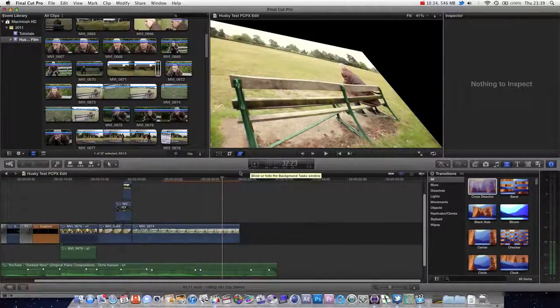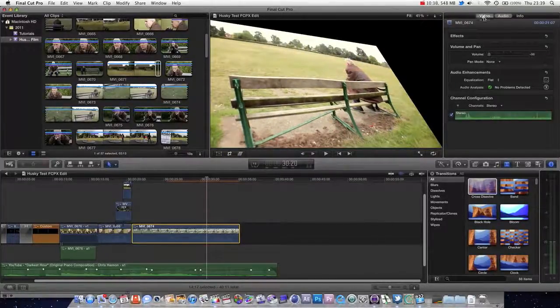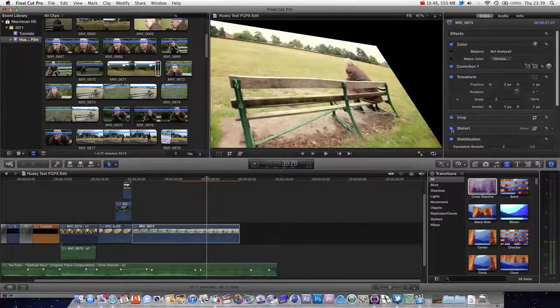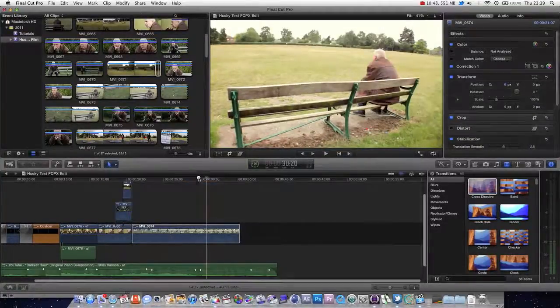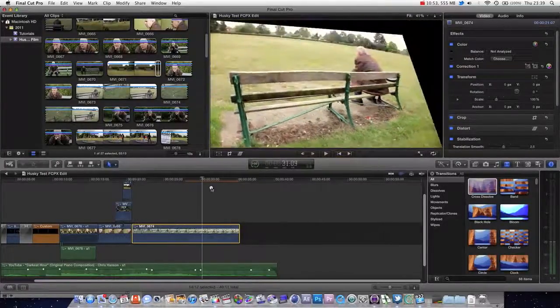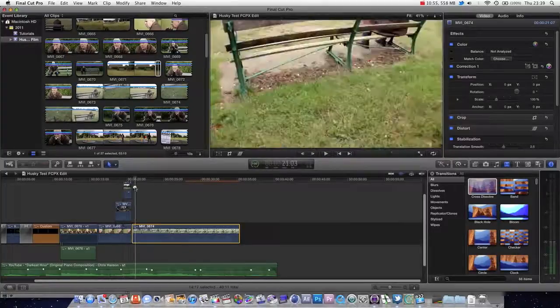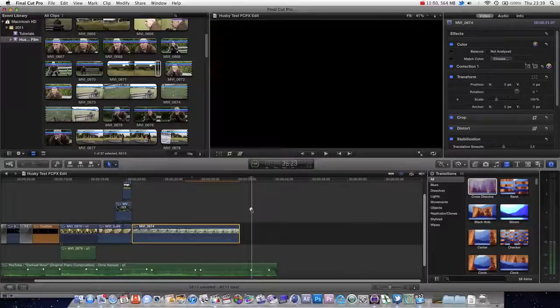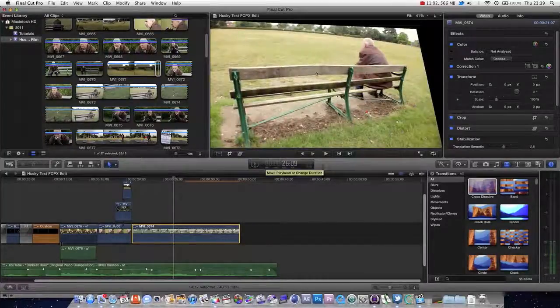So very quickly we've introduced ourselves to these tools, and like with all of these tools, if we go into our inspector you can see that we can actually turn off all of these. We've got the crop tool and the distort tool. If you turn off distort, you can see it's back to how it was, but it remembers the information we told it, and I think that is very important in doing so. So I hope this tutorial was informative. I actually think this is one of the coolest things about the new Final Cut, the ability to very quickly manipulate your footage. My favourite is the crop tool,